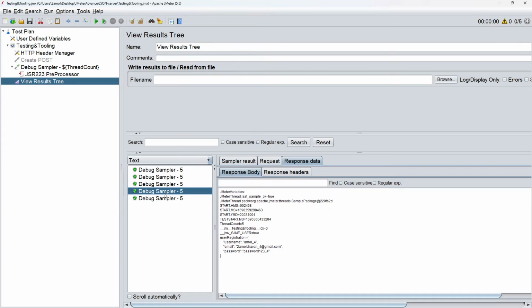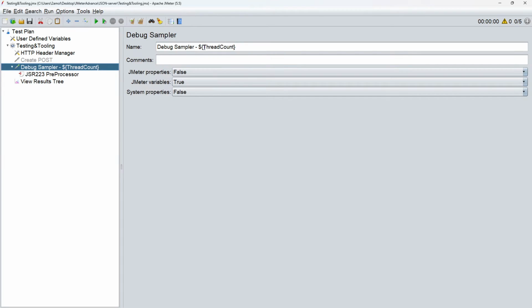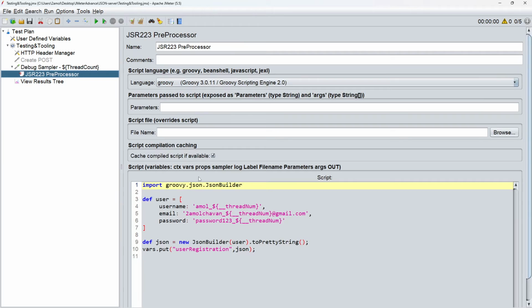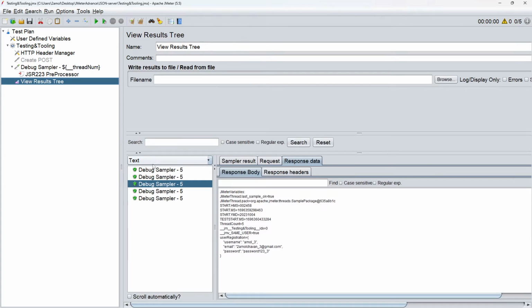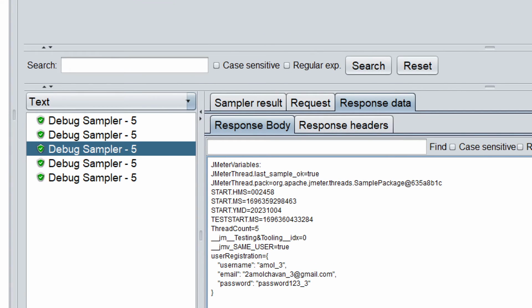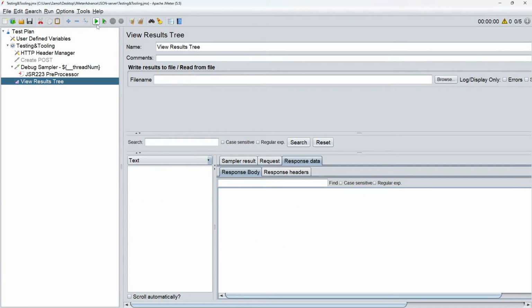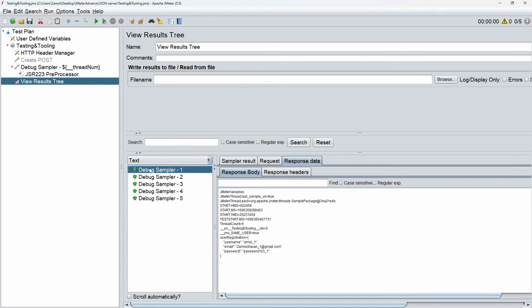okay, 1 2 3 4. Okay, thread count took the value. My bad, I gave the value as a thread count, but I am not using the function. Ideally I have to use this function to get 1 2 3 4 5. But if you see the result of this, let me run it one more time and show the result, it will make much more sense. Okay, now if I show you the result,